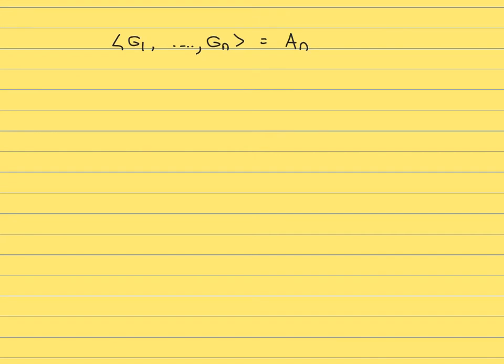Well, by induction, G_i is generated by 3-cycles, for n greater than or equal to 3. The base case is trivial. A_3 is the cyclic group of order 3. And so for n greater than or equal to 4, you use this fact. And so in particular, G_i